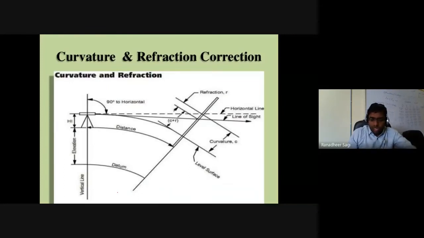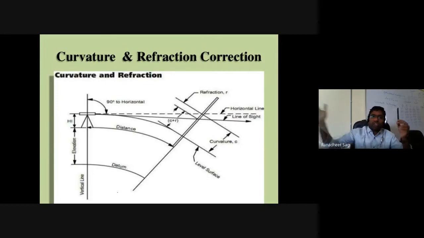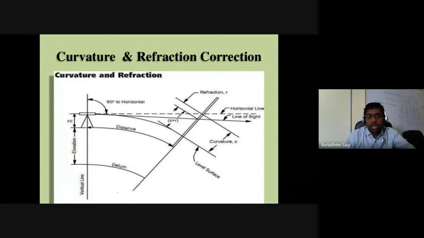Now, next, moving on to understand what are those different natural errors which we have talked about, like effect of curvature and effect of refraction. How do we apply the correction for the curvature, and how do we apply the correction for refraction? As I told you, whenever your instrument station is at some point and the position where you are trying to take the leveling staff reading is relatively far away from the instrument station, the effect of the curvature of the earth comes into picture as you move relatively far, okay?